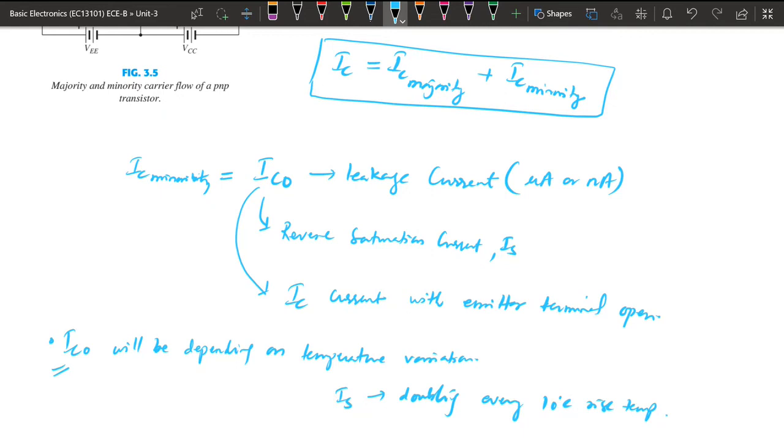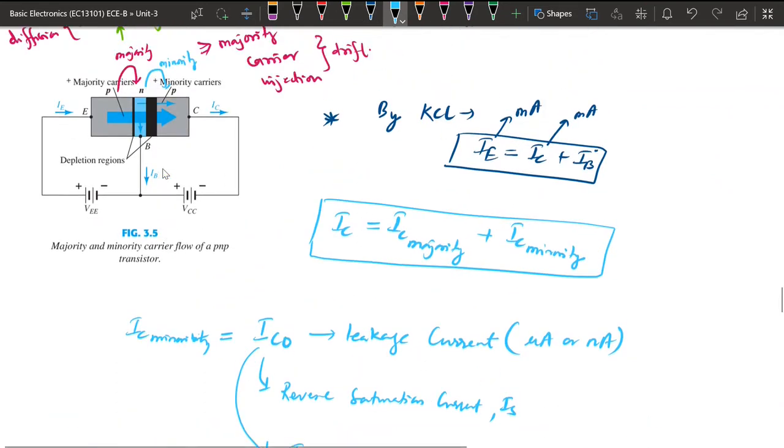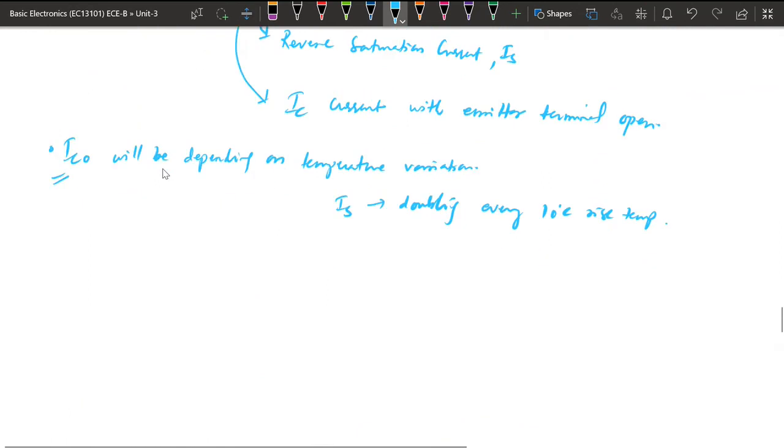So the transistor should be designed such that it should be having a minimum dependence on ICU, or this ICU should be very less in case of the transistors that we are going to design. So here, this was the basic operation of transistor, basic BJT transistor, and in that case, we can just summarize it if possible. So we can just summarize the transistor operation like.